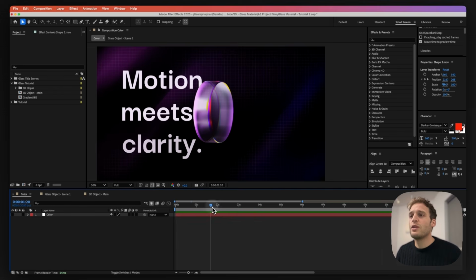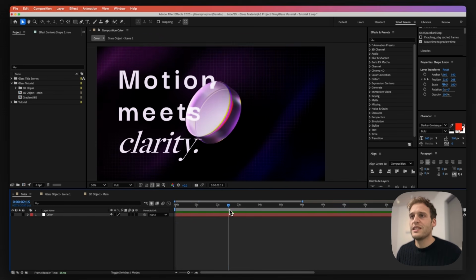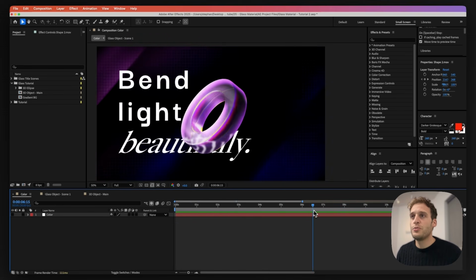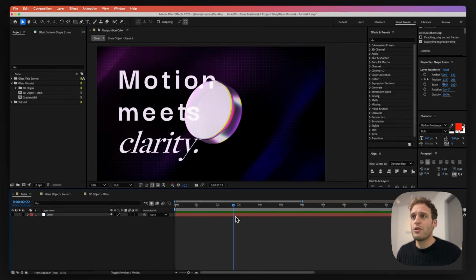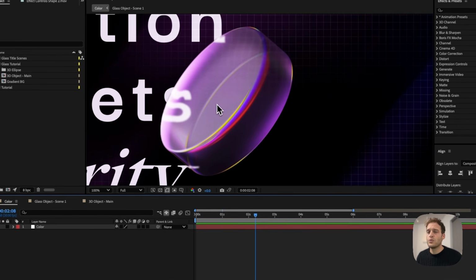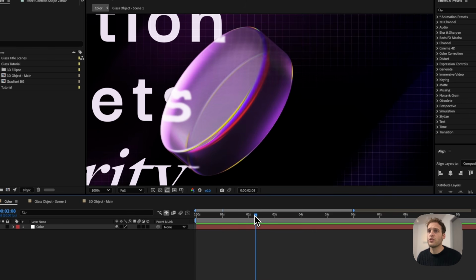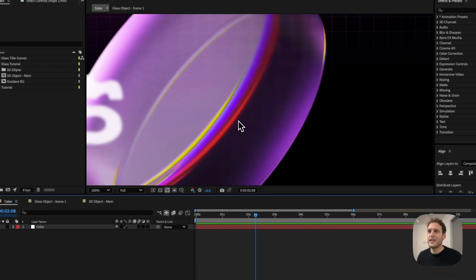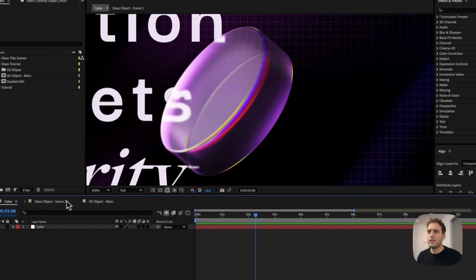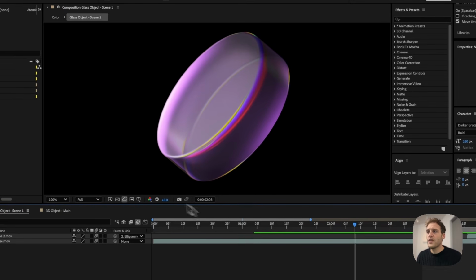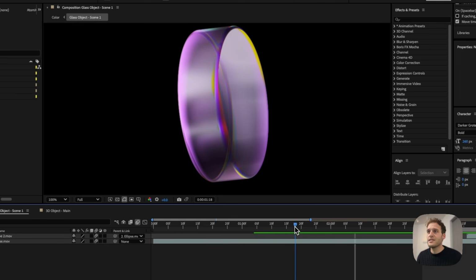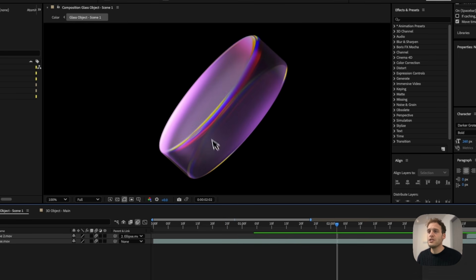If we take a look at our video right over here, we can see that we have these glass-shaped objects in here. And if we have a look at the material, we can see that we have the text that is actually being deformed behind the glass material right over here. But also if we take a closer look at the actual material, and even if I solo it right over here, we can see that inside of the glass, there's also nice refractions that are happening when the light is